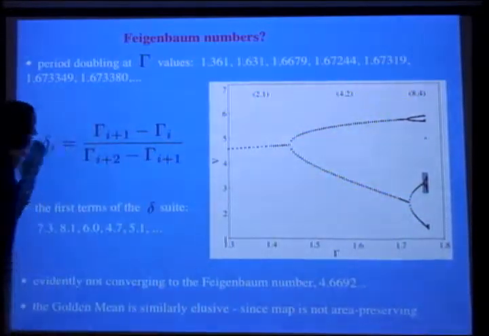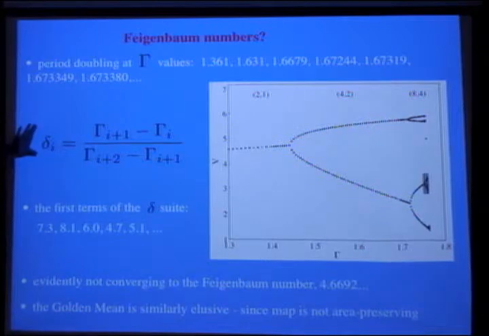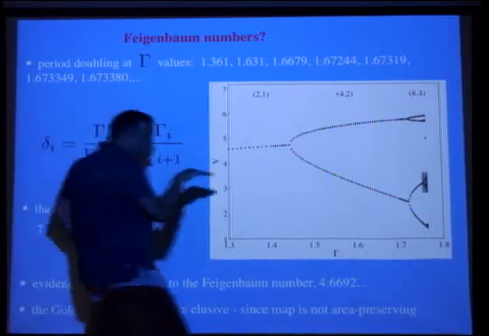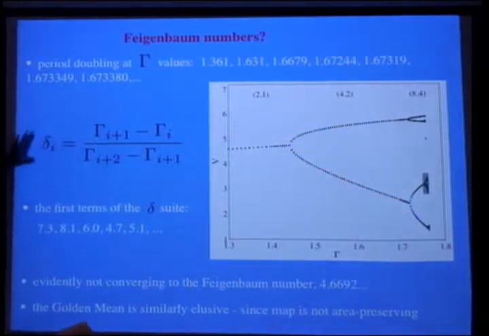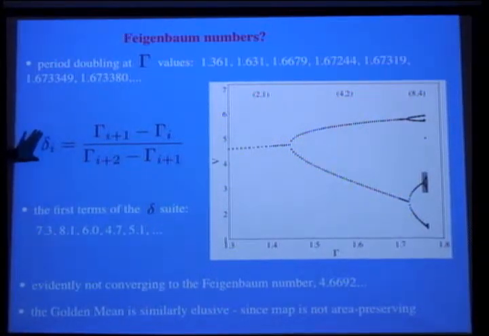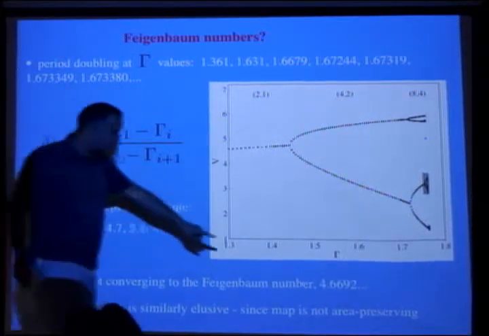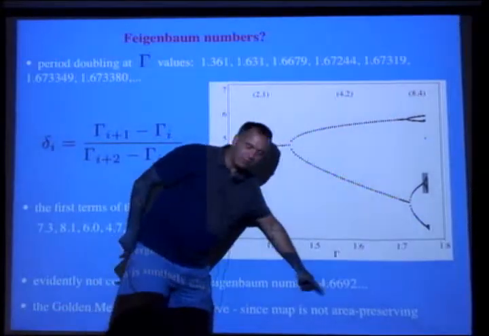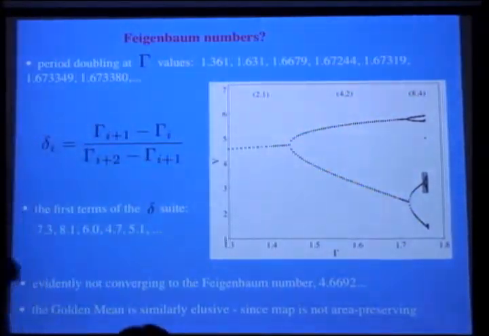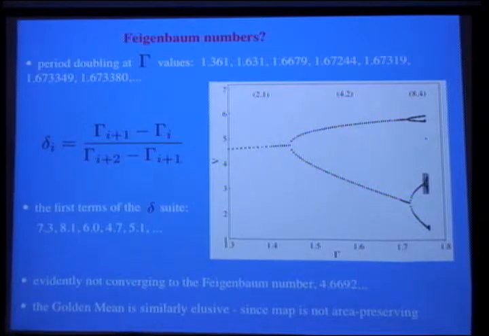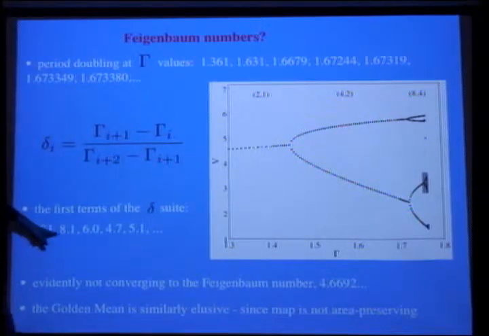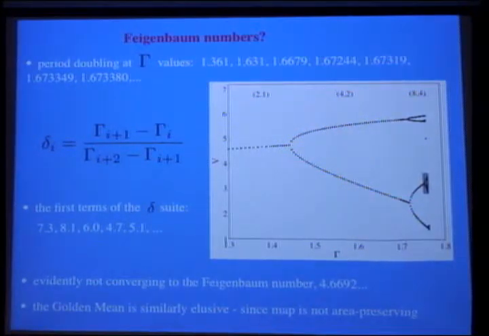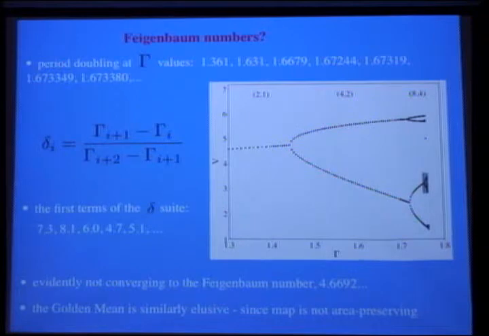So it turns out that if you evaluate this in the limit that you go towards this sort of coalescence of the onset of chaos, this converges to a number, which is the Feigenbaum constant, 4.6692, which is quite remarkable. And so we looked at how our things changed, and they kind of look like they might be going there, but I think they maybe aren't. But in any case, it's a good thing to look for.